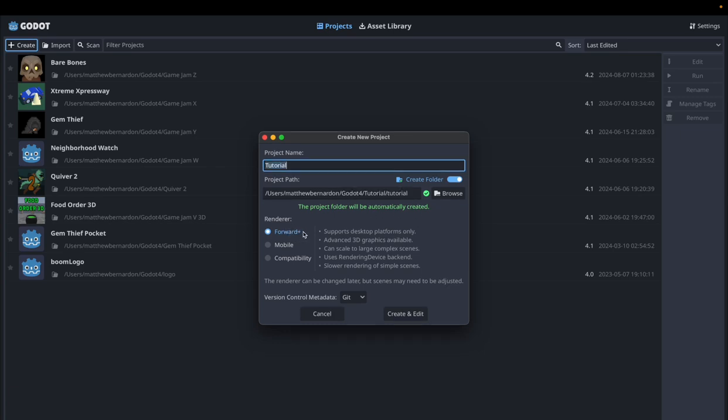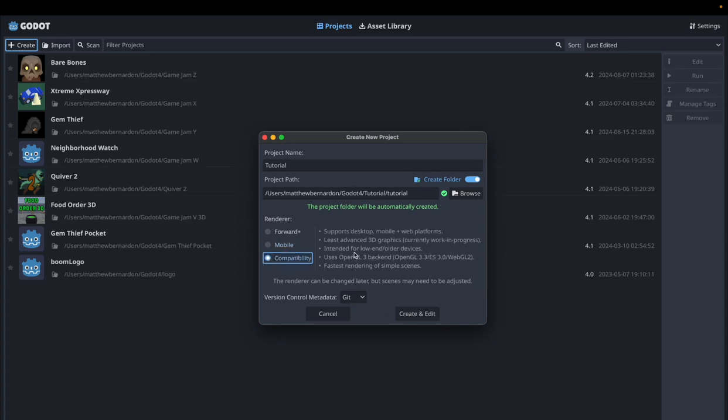Now here you're going to see three options of the renderer to use. Forward Plus is if you want to use more 3D graphics and you want it to be run just like as an executable on your desktop. Mobile, of course, if you want to do a mobile game, or Compatibility if you want to upload to the web, like have a browser game. And we are going to be doing that, so I'm going to select Compatibility, and then I'm going to hit